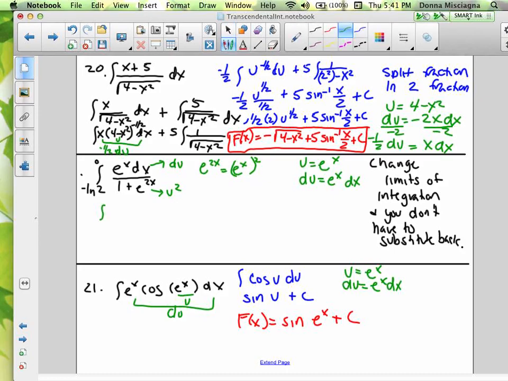So this will be du on top, and then 1 plus u squared. And I hope you recognize it now. All right, so the limits of integration,